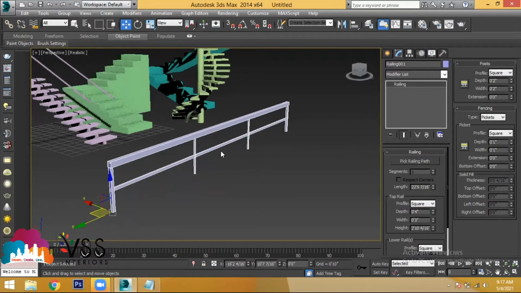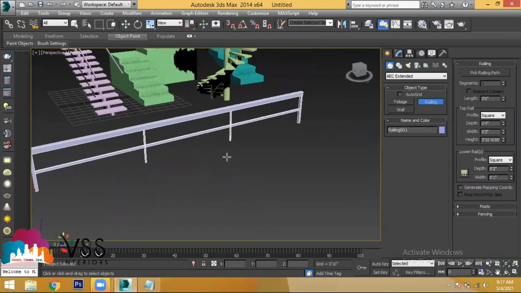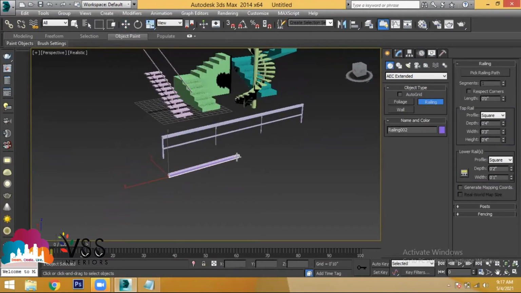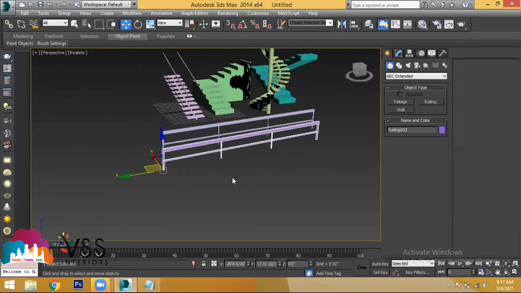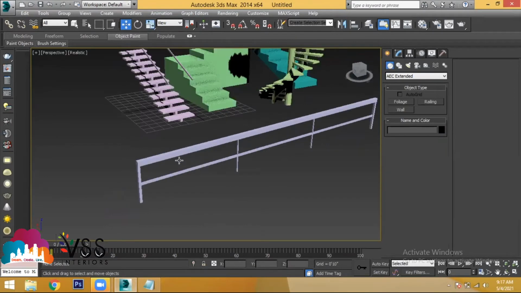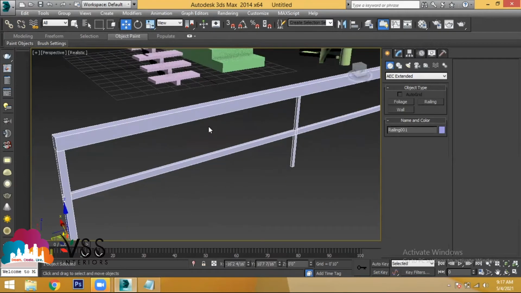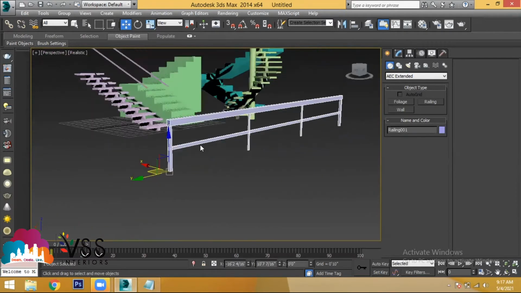With the help of this railing tool, you can only create a straight railing. Click a starting point, decide how much length you need, release the mouse, and provide how much height you need. That's it. Not more than that. You can only create it in one single direction. Now select the object. Let's see what modifications are provided for the railing.